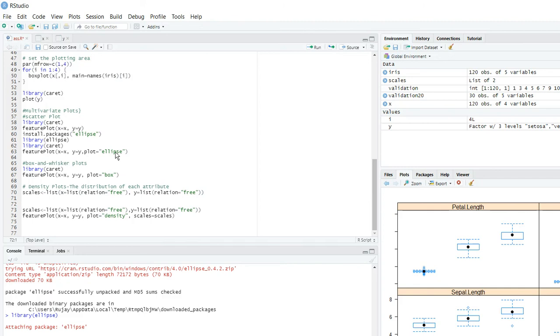So density plot shows the distribution of our numerical attributes. So what we are doing, in a list we are copying the x and y, that is the input and output attributes, and we have set the relation of both the attributes as free, and we have copied it into scales. Okay, and then we have used the function called feature plot.